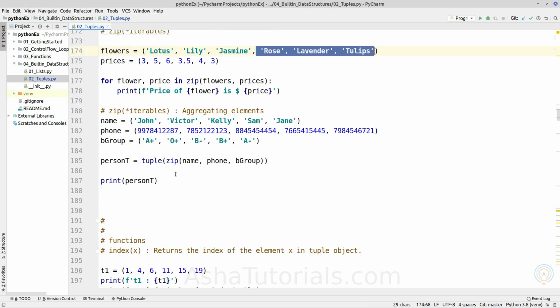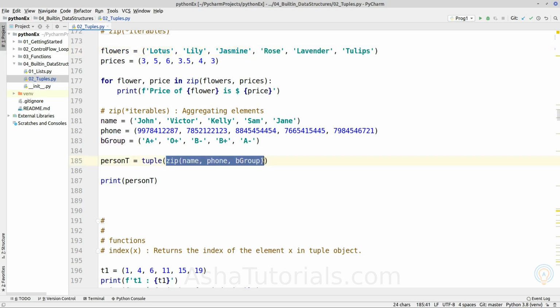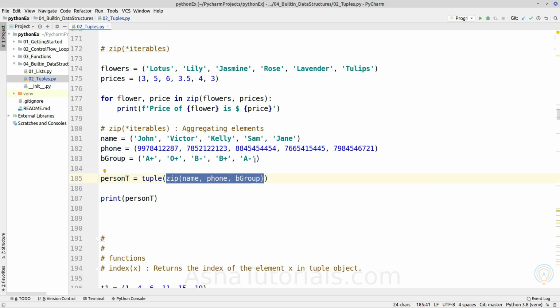Next, zip returns a generator object out of it. Same as we saw for the tuple constructor, we can pass a generator object or an iterator object to it. It will return a tuple object containing all the elements which that generator object is going to generate.